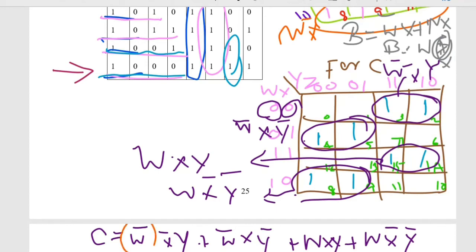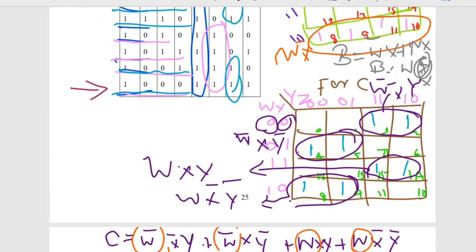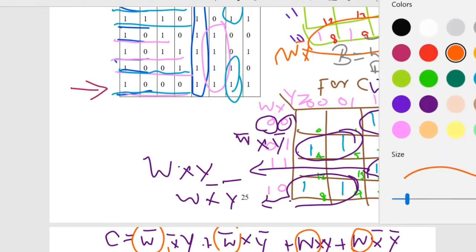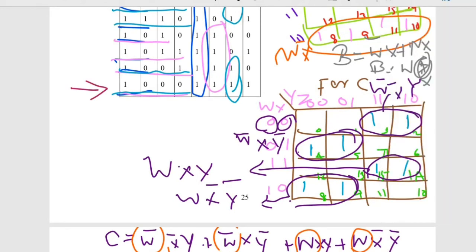So take W bar as a common here. So rewrite the expression: W bar (X bar Y plus X Y bar) plus W into (X Y plus X bar Y bar).